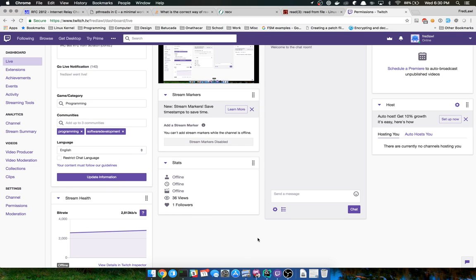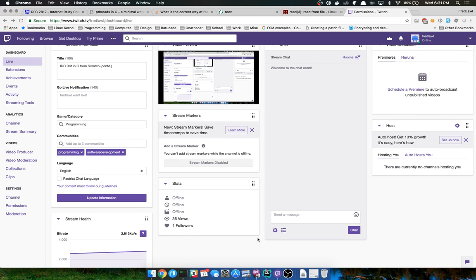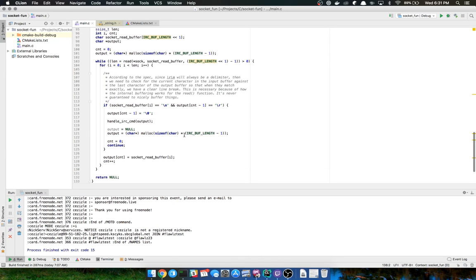So yesterday, I was working on my IRC bot in C, and I got kind of stuck on parsing the buffer of my socket.